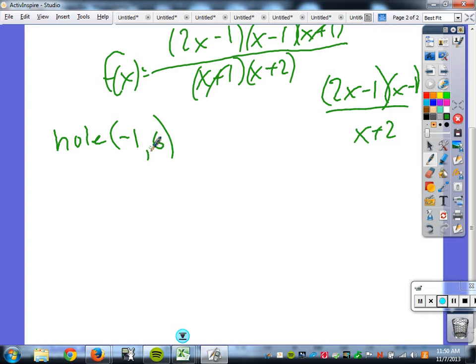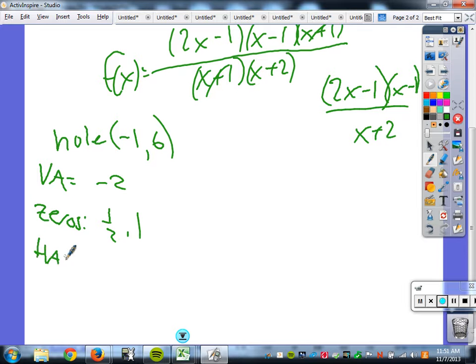Okay, so now, my vertical asymptote, where's that? Right there, negative 2. What are my zeros, or my x-intercepts? That would be 1/2 and 1. And then I have my